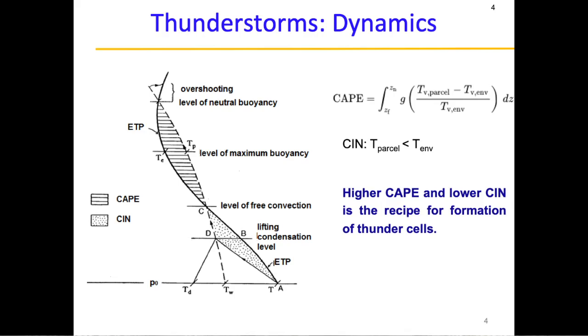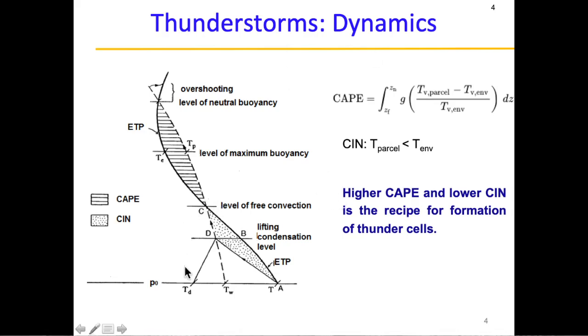Two things can happen. If the air parcel that is rising is warmer, then it will keep rising because the environment is colder. So it has more buoyancy, and the parcel will keep rising up. Or the second thing that can happen is the parcel is colder, so it will just stay put and will not rise up. And that is the CIN. CIN is basically the convective inhibition. The environment is at a larger temperature than the parcel, so the moist air parcel which is trying to rise up doesn't go up, because the parcel is colder, whereas the environment is warmer.